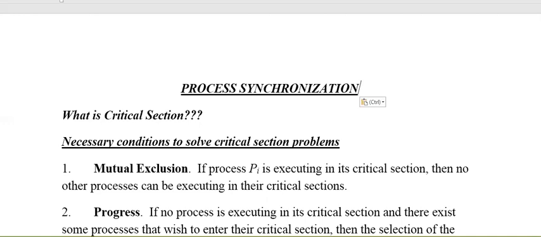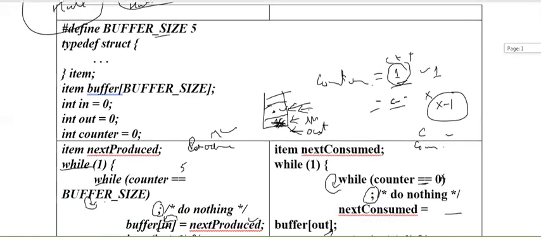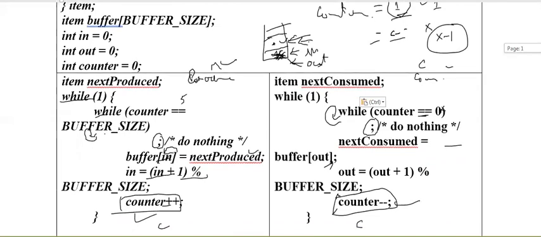So we had picked one example, one code, that was the producer consumer problem. We had identified that here this particular counter is in sharing mode, and because of this sharing of counter, there is a possibility that if it is not properly synchronized, then we will get totally different result.